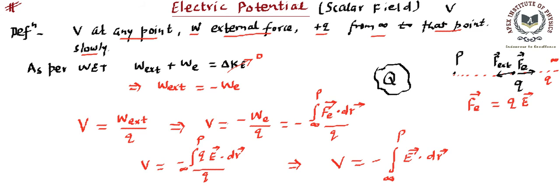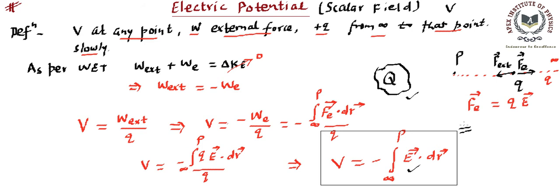Now we can say this is a result or a formula for us. This formula will be useful to find out the potential at any point because of a charge distribution. If we know the charge distribution, we can find out the field because of the charge distribution, and we can perform this dot product and this integration. Then the potential of that point will be known to us. So that's an important result that will be used to find out the potential if the electric field is known